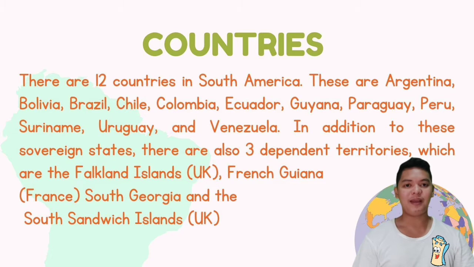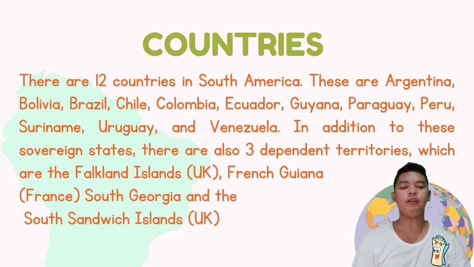Hola, I'm the map, and I am here to discuss the countries of South America. South America is a continent entirely in the Western Hemisphere and mostly in the Southern Hemisphere, with a relatively small portion in the Northern Hemisphere. It can be described as the southern sub-region of a single continent called America. It is bordered on the west by the Pacific Ocean and on the north and east by the Atlantic Ocean. North America and the Caribbean Sea lie to the northwest.